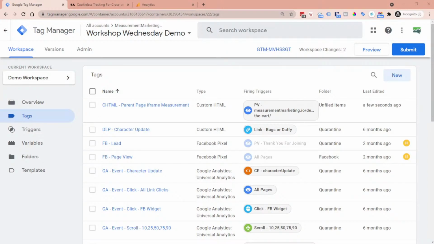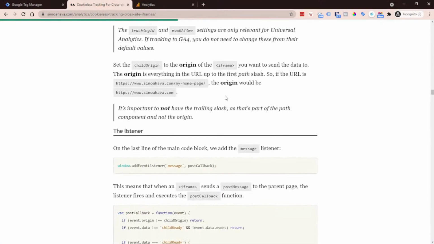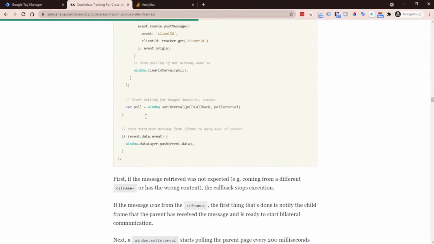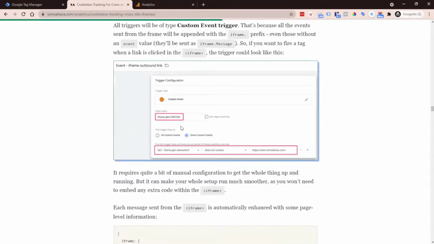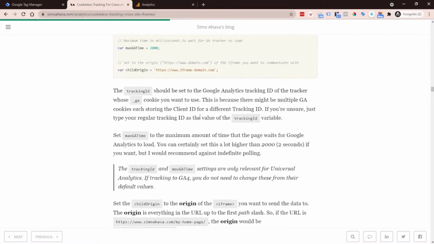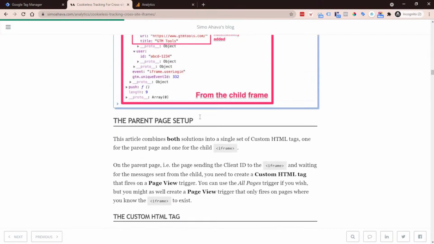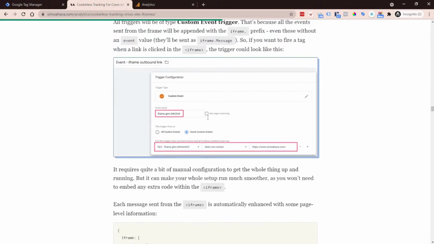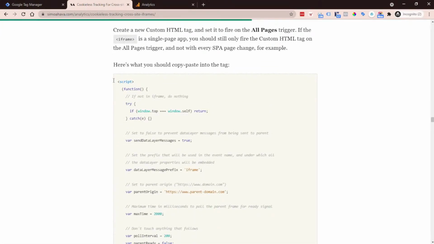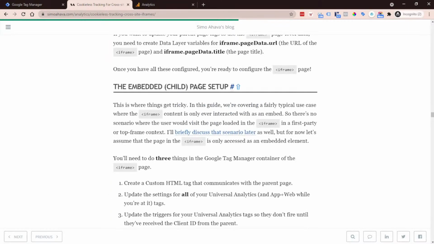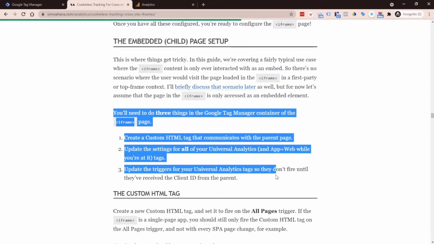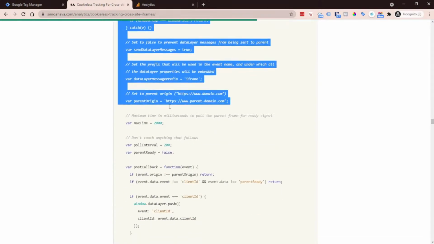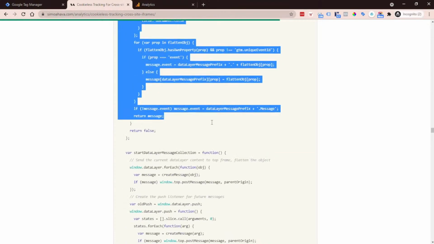And then we have our next script that we want to copy and paste, and we're going to scroll down. We have to be careful because right here he's explaining all of the different types of scripts that we're seeing in there, so we want to make sure that we grab the right portion. This is the parent page setup, and then we're going to scroll down until we see the child page setup. This is where I'm just getting my bearings in this really long blog. So here we go. We see the child page setup, and again he gives some very specific instructions that we will run through here in just a moment, to explain what all that stuff means. So we're going to select all of this,